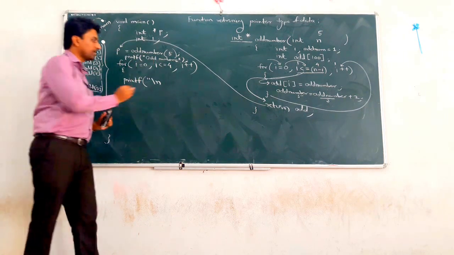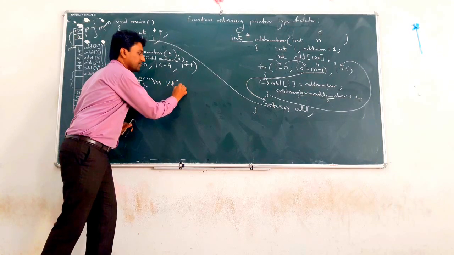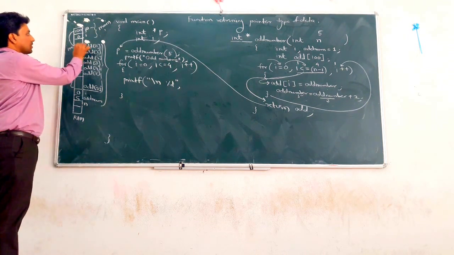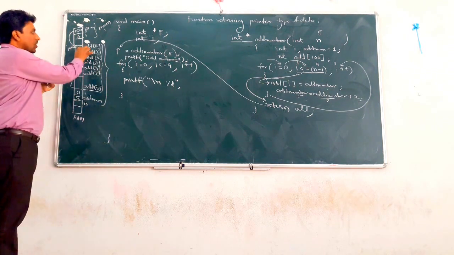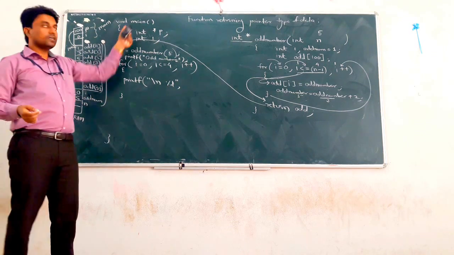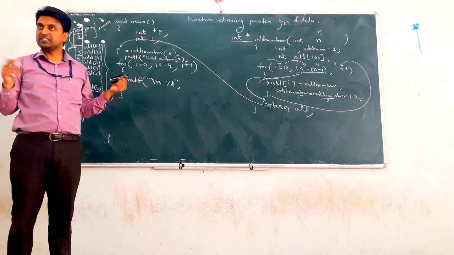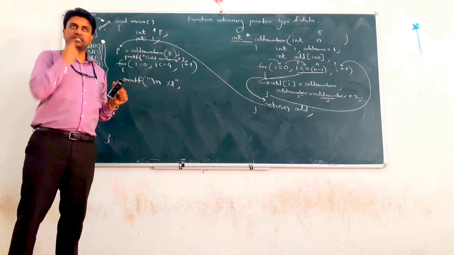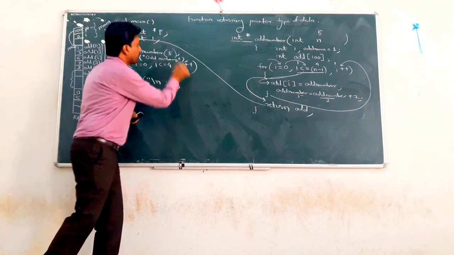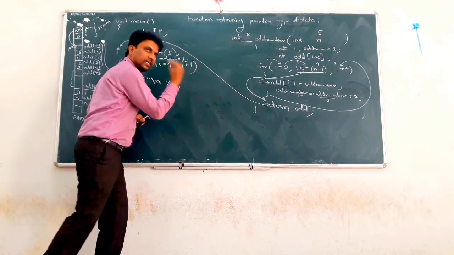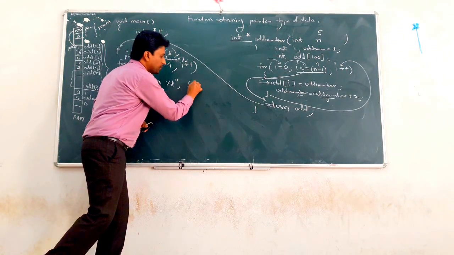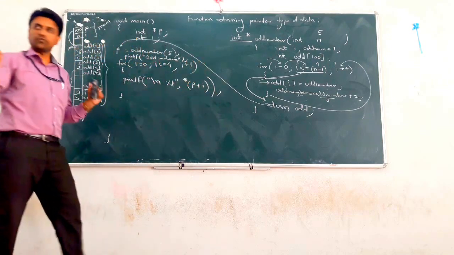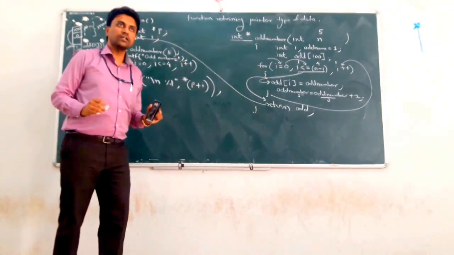So the first number is %d. From where do we want to retrieve it? From this location now. And odd of 0 is not in the scope of the main function. The main function's scope variables are p and i. We want to retrieve from those variables. So how do we retrieve it? By using the pointer type variable. There are different ways. First way: p plus i. What does p plus i mean?